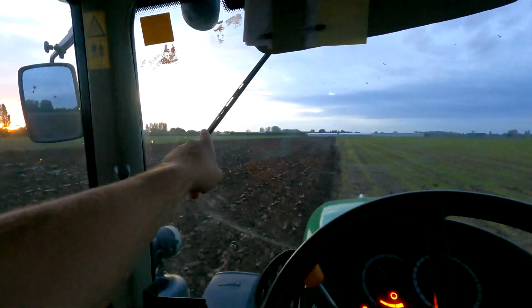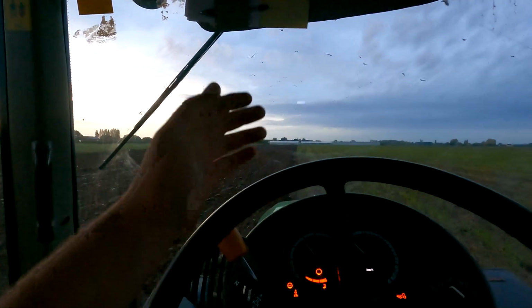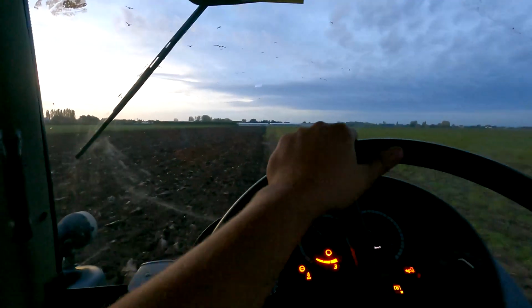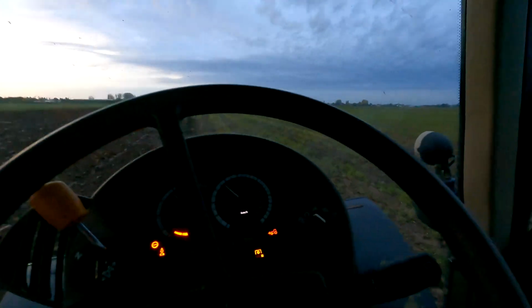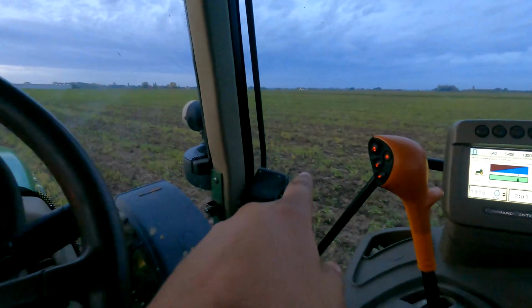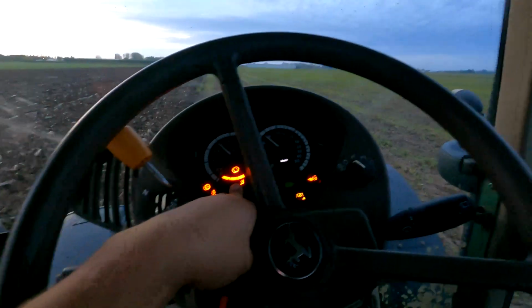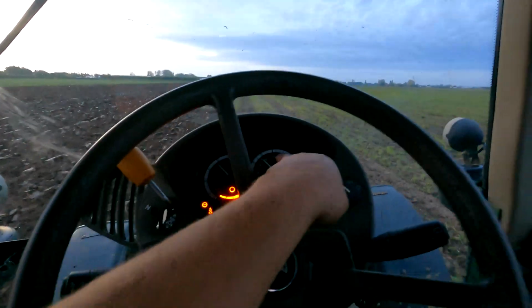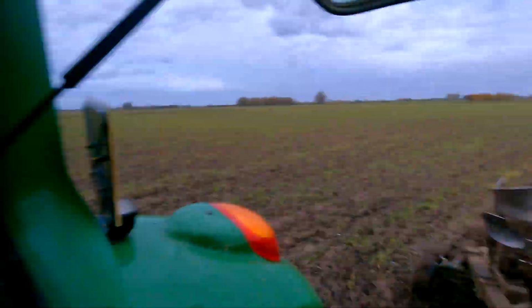I did when I started on the headland because that was harder and a bit wet, so I don't know how you can be hard and wet at the same time, but it was. So all I'm running is C range with the automatic side, but I've got it automatic so it only goes up to 3rd gear. So if I go into 4th, I then go to about 9k, and then